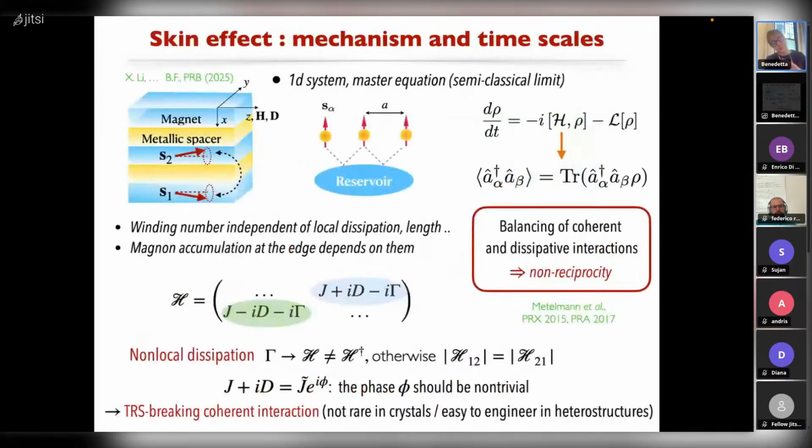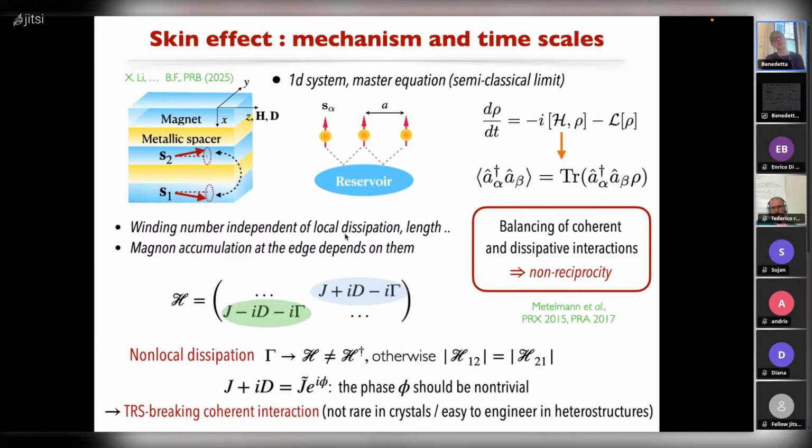And to really try to answer these questions, we adopted a much more controlled approach. So we moved away from this 2D crystalline structure, and instead we thought, okay, let's go back to this simple magnetic heterostructure. It's effectively a 1D system. Because of some other interest that we had, we also derived a full master equation approach that connects the dynamics of the spin to the response function of a reservoir and its symmetry properties. But to make a long story short,